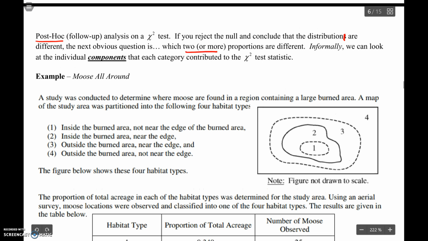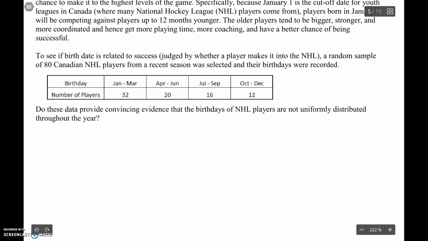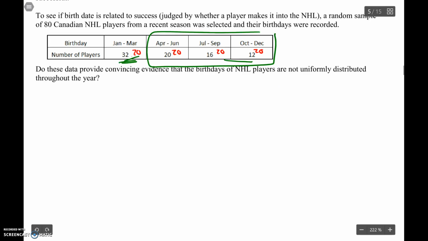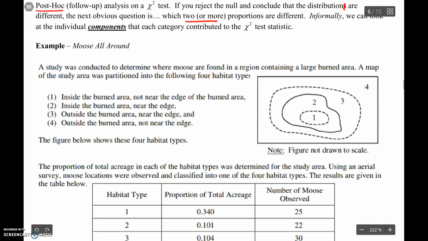You can't have one. Well, just to look back at this with these hockey players, we expected 20, right? We couldn't have it that all three of these were exactly what you would expect and this one was somehow different. If this is higher or lower, then the difference has got to be seen someplace else as well. Like if this is higher, then something over here is going to have to be lower. So you're kind of looking for two or more places that could be different, or perhaps even all four places